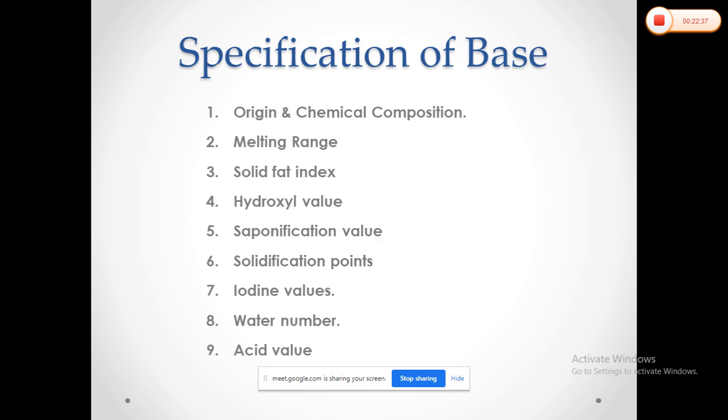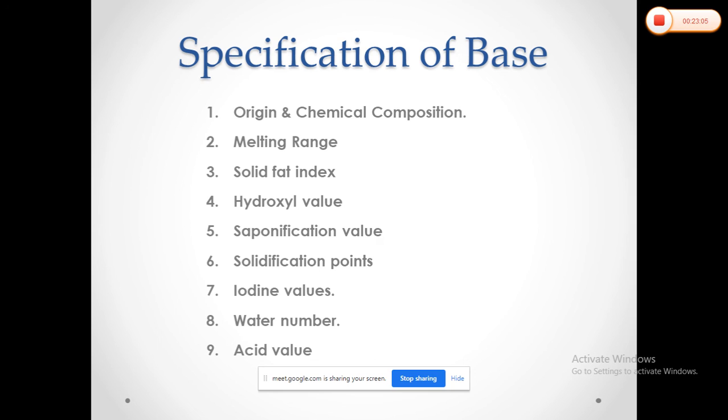Basically, the acid value must be low. Low acid values or a complete absence of acids are more important for a good suppository base, because acids complicate the formulation work as they react with the other ingredients, and they can also cause irritation in contact with the mucous membrane. So that's why they have said that a minimum acid value of 0.2 will be acceptable for any specified base.